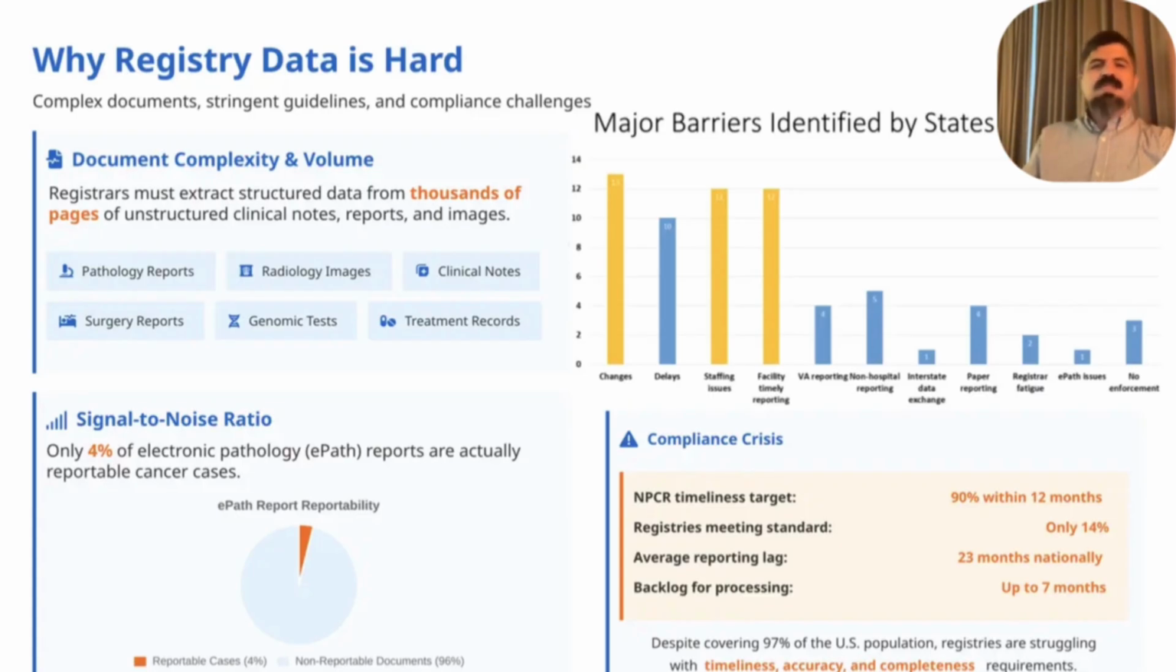On top of that, there is a compliance crisis. The NPCR, which is a regulatory body, has a target that 90% of cases should be reported within 12 months. Which means that when you have a case that you are dealing with at the reporting level at a hospital, you need to report 90% of these cases within 12 months, so that all the cases at national level are at most 12 months old, right? But the reality is that only 14% of the registries meet that goal, which means that 86% of the